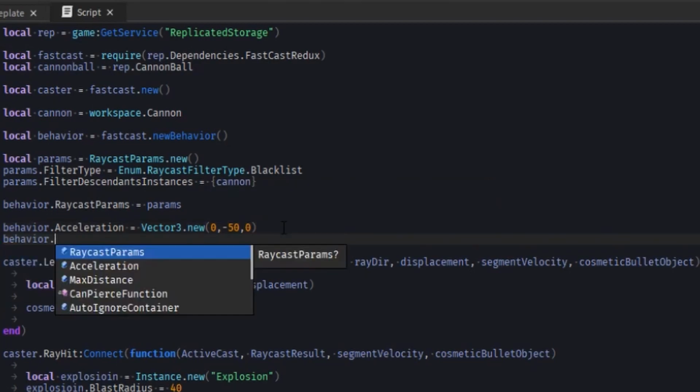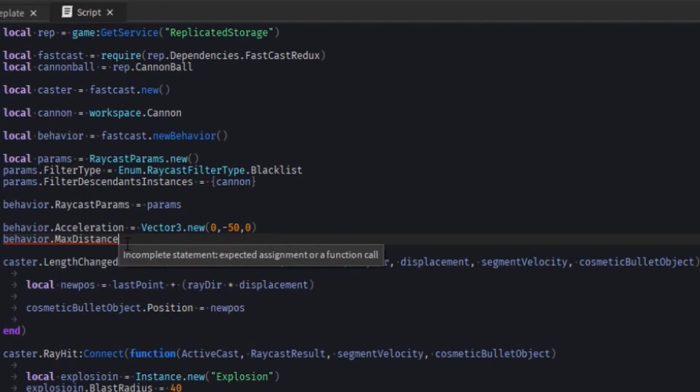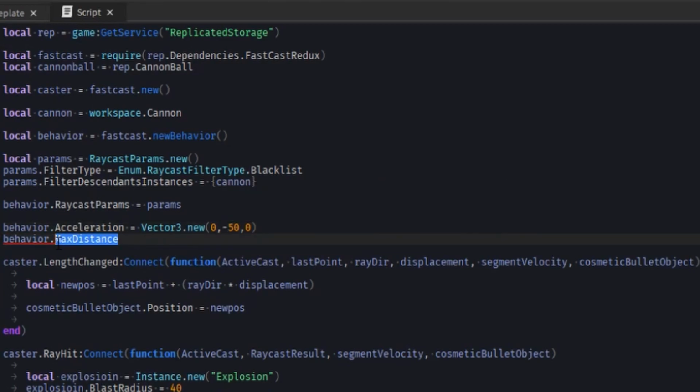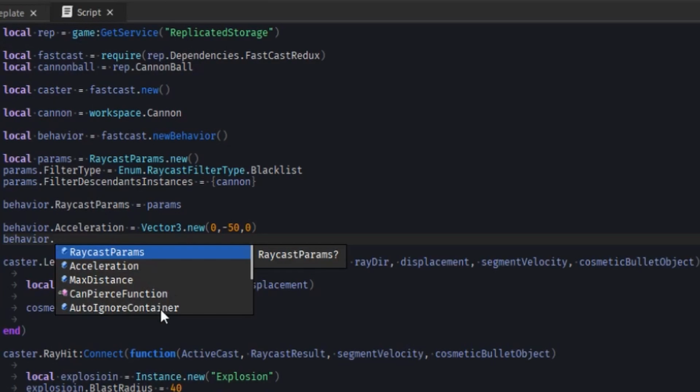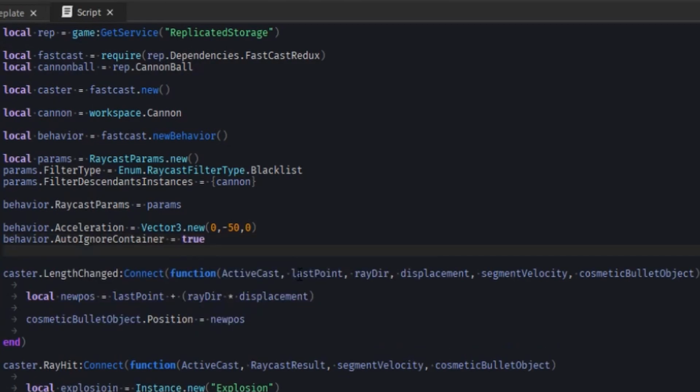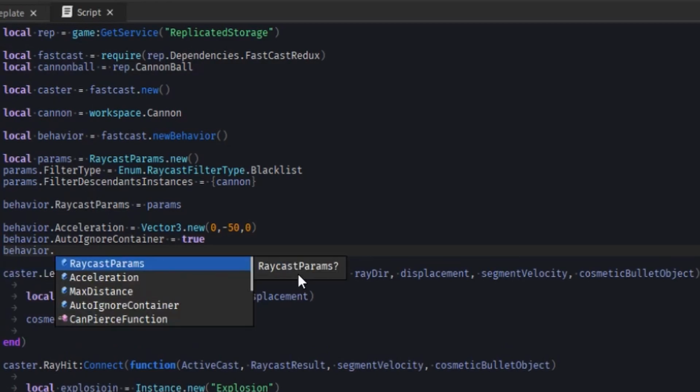But for the Y axis, it's not actually that complicated. You can set its max distance here. I don't think that's going to be necessary since we have enough bullet drop that it should hit something in any case. AutoIgnoreContainer, which will pretty much say that it'll ignore the container, obviously. I think this is defaulted to true, but I'll just make sure it's true anyways.